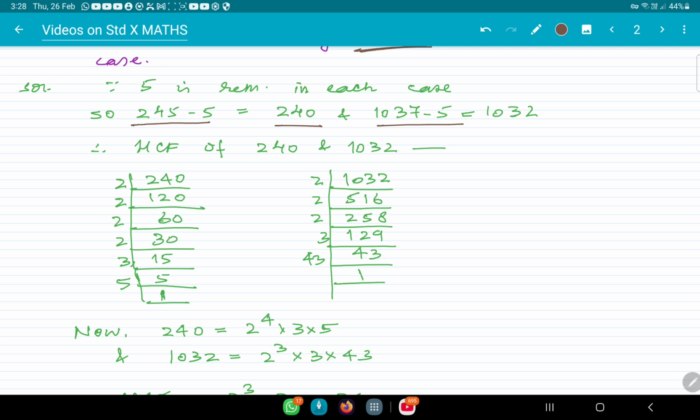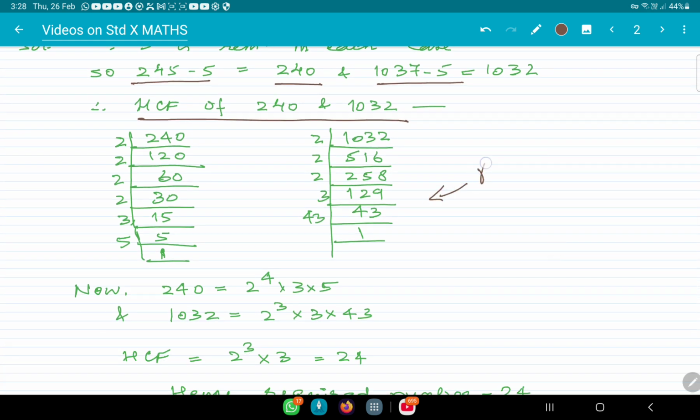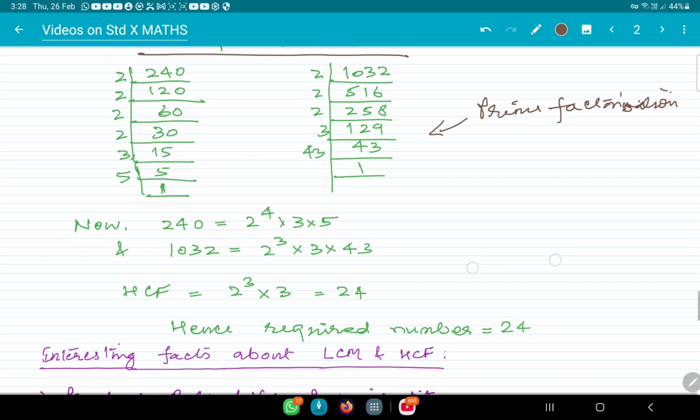Now take the HCF of 240 and 1032. For this, first you have to do prime factorization, so by taking small numbers,